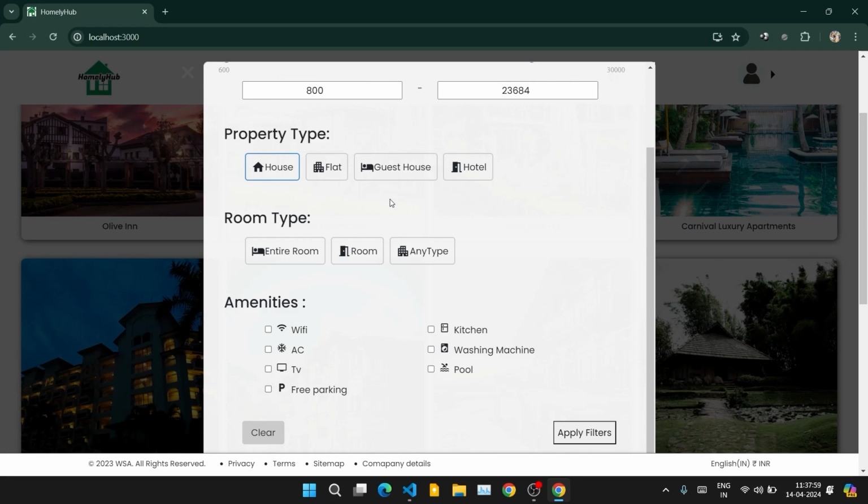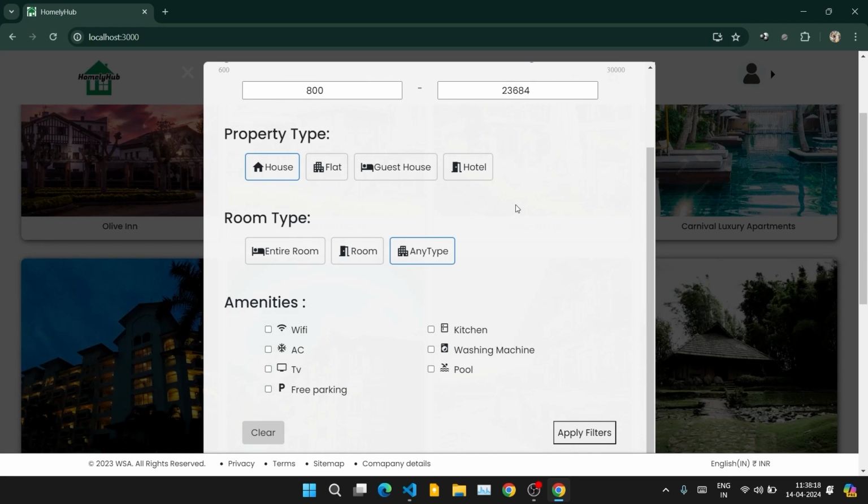If I need anything, then I just click any type. So by clicking this, it's showing accordingly. Then amenities, if I need, so these are the facilities that are provided by some of the hotels. If I click the Wi-Fi, suppose there are Wi-Fi facilities, at that time it's showing the Wi-Fi